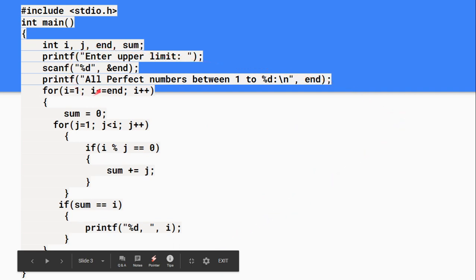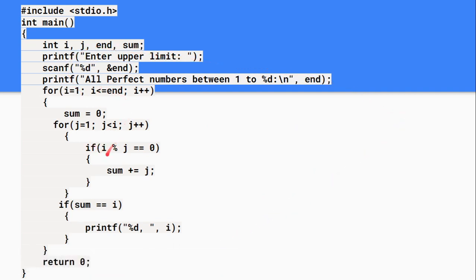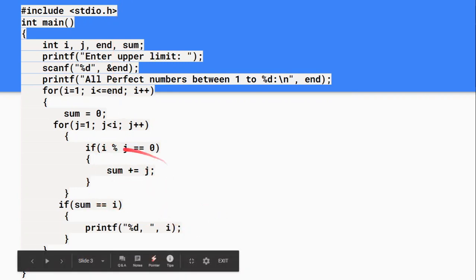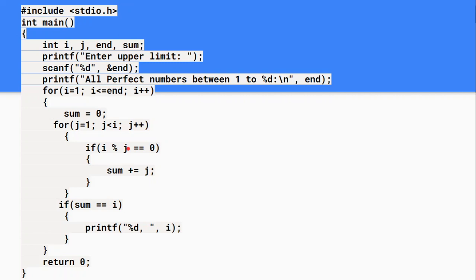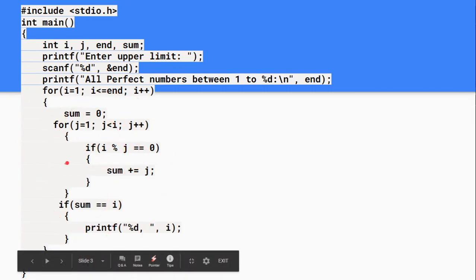Now i becomes 3. When i becomes 3, again this i modulo j, when it is 3 by 3 or 6 by 3, will give a remainder of 0. After 1, 2, 3 are found, when i becomes 4, what will happen? 4 modulo 1 is some remainder, 4 modulo 3 is some remainder. Likewise, the perfect divisor is found by this number. So every for loop iteration will check one number, and finally, with all this internal checking of the modulo, it will find all the perfect numbers.